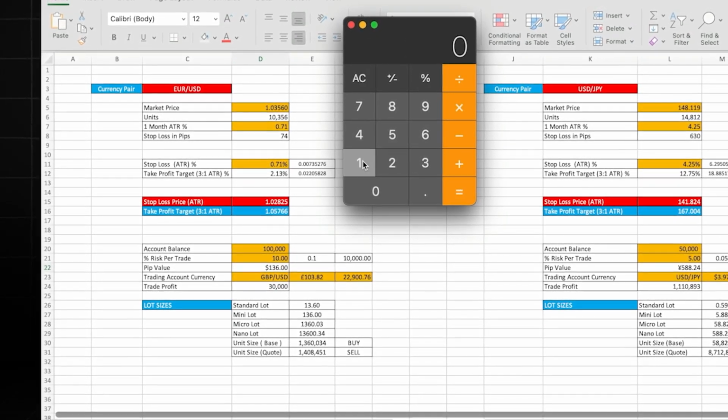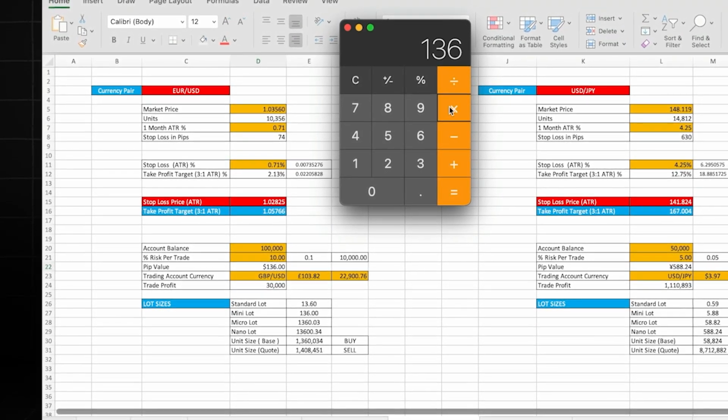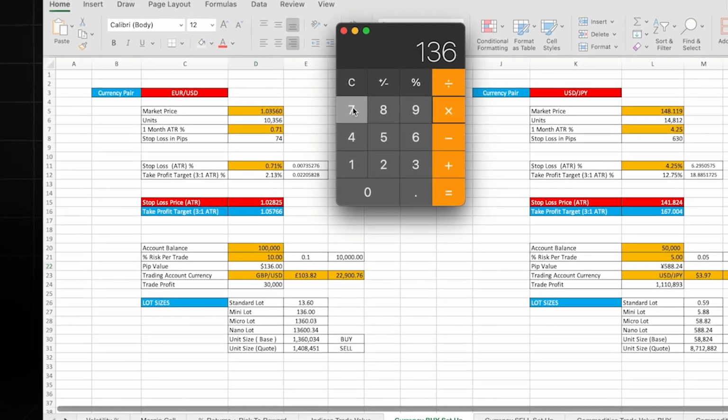And let's have a look. $136 times the stop loss of 74 pips, bingo, that's my 10,000. Now I'm guaranteed if this trade hits my stop loss, I'm only going to lose 10,000. So how much you place on the trade, again, is not a random amount. You need to have calculated what am I willing to risk, where is the stop loss, then I get my position size. And this is the key that so many people don't understand,